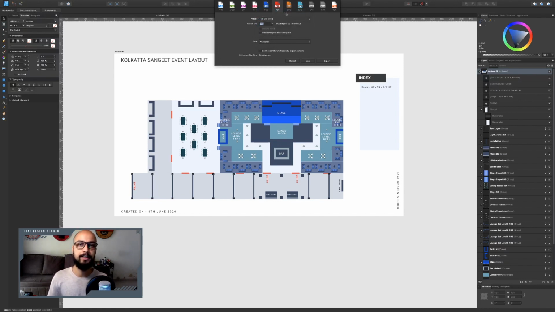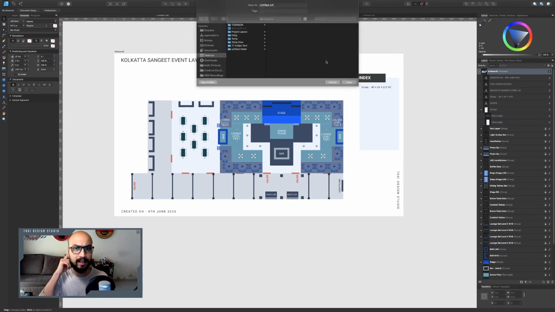If you click for print, this will show you the estimated file size. For export, this is for better quality. So here we'll go, sorry about that, we'll go print, click export,